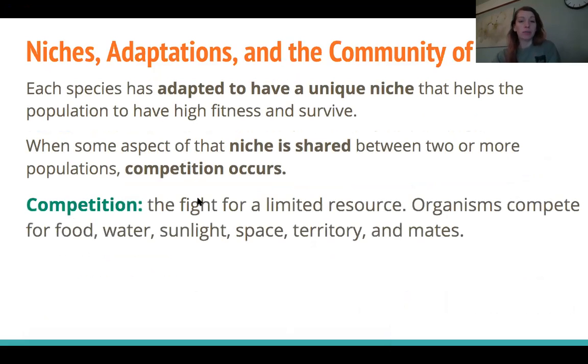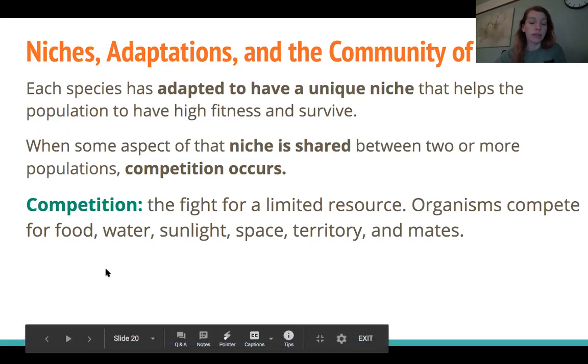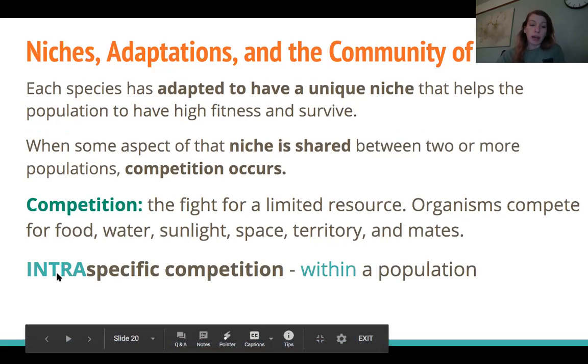And we're going to have another big word for 2 types of competition, this unit, 2 different words. So competition is fighting for a resource, a limited resource. There's all sorts of things you can compete for. Food is a common one. Water and sunlight, especially for plants. Space and territory, this is huge. Territory is mostly tied to this last one, mates. So within a species, you're going to have a lot of fighting for mates because there's a limited resource of other things, other females usually, to mate with. So 2 types of competition.